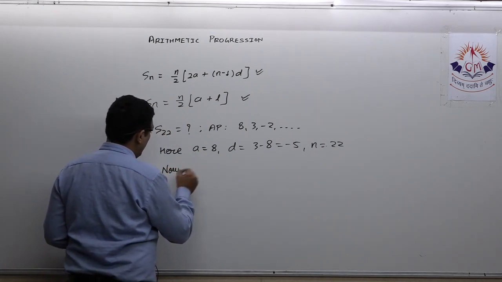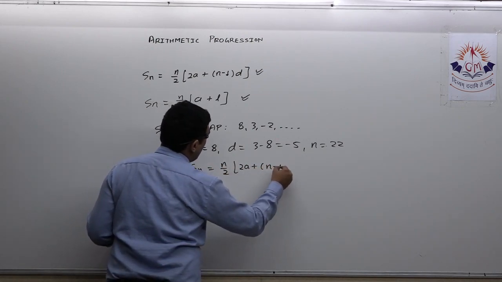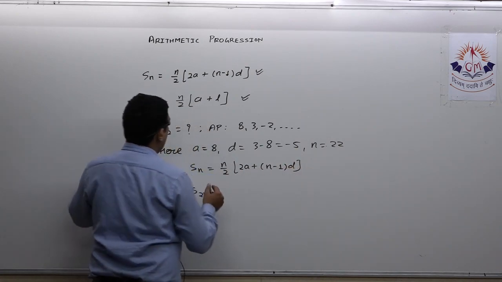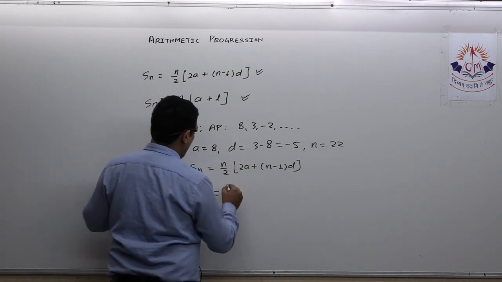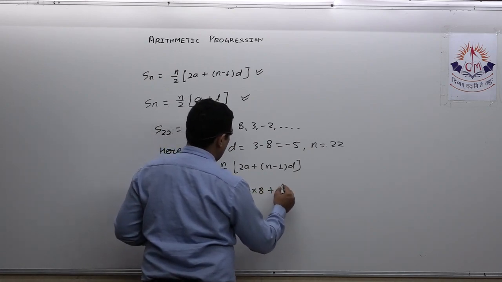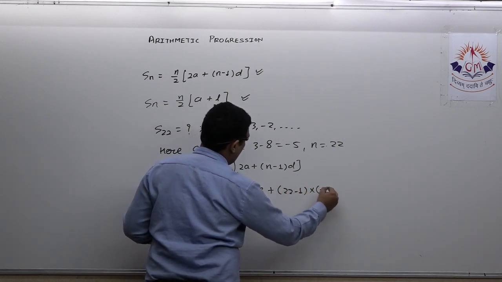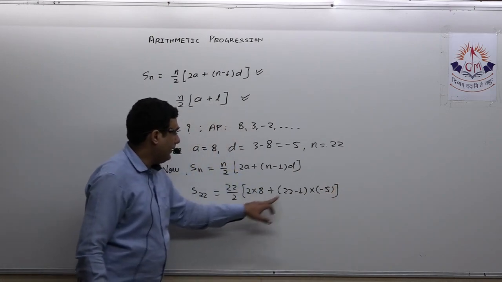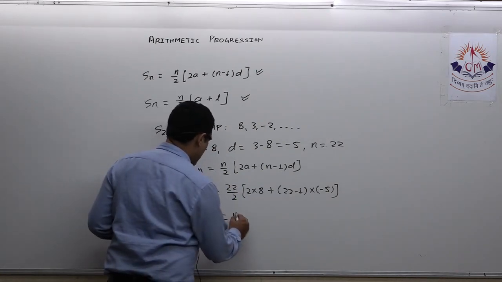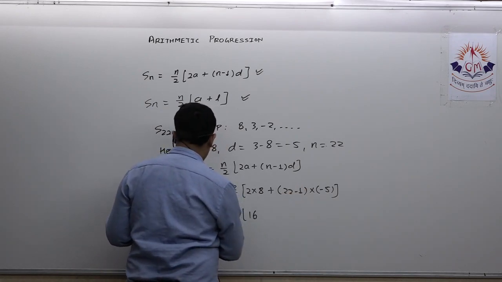Now we'll apply the formula. Sn is equal to n by 2 into 2a plus n minus 1 into d. So S22 is equal to, at the place of n, 22 upon 2, into 2 into a, which is 8, plus n minus 1, that is 22 minus 1, into d, which is minus 5. Simply you have to put the values of a, n and d in the formula to get the sum. So this is 11 into 16, now 22 minus 1 is 21, 21 into 5,